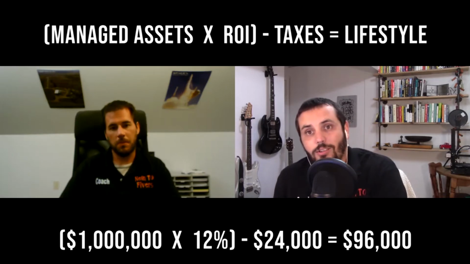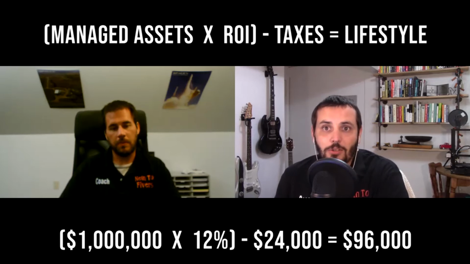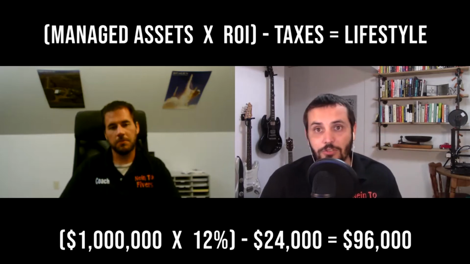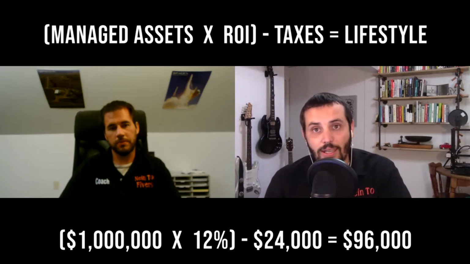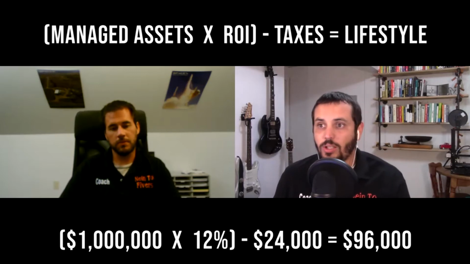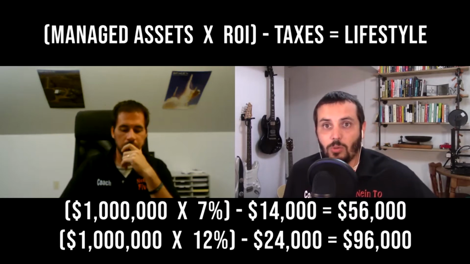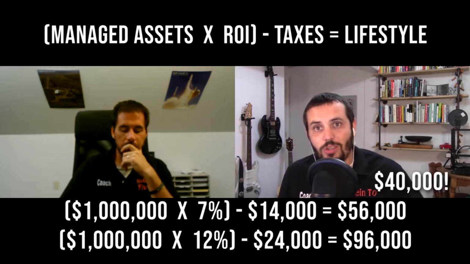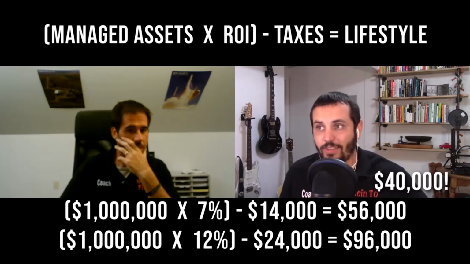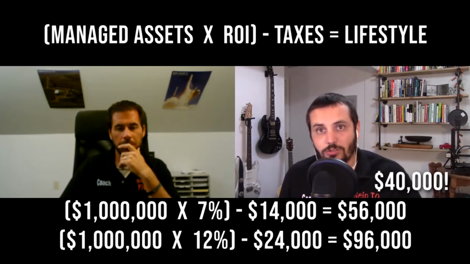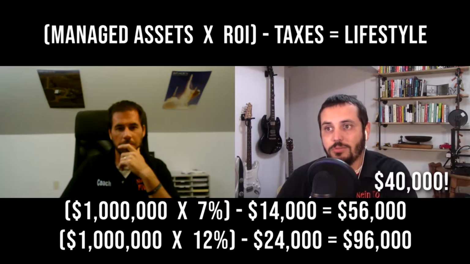So what? Just by playing around with the formula a little bit, getting a better return on our investment, thinking more smartly instead of saying, "Oh, I can't do it." Like, what can I do? How do I get there? Where am I lacking here in this formula to be able to get what I'm after? That's an extra $40,000 a year net that you can go put into a lifestyle that you want. You can go buy another car every year if you want, but that's a very substantial increase in the amount